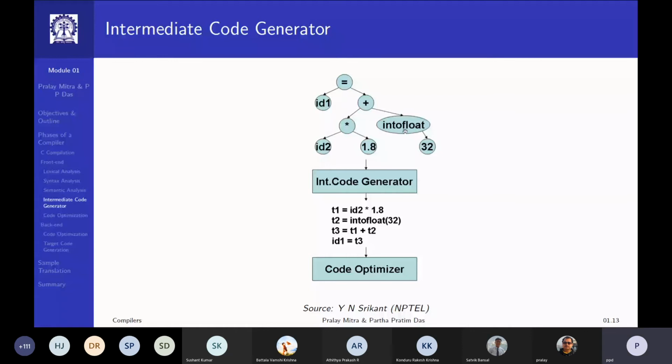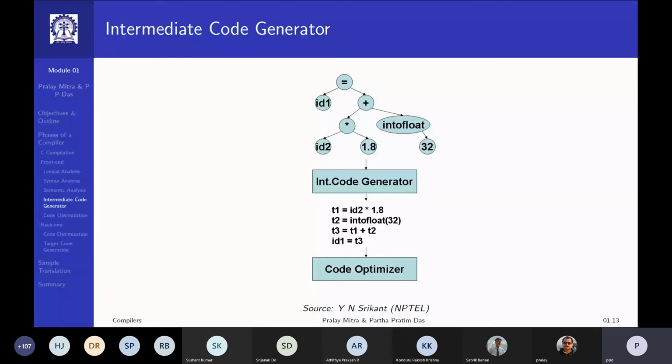And now it would have been very easy to write by hand, I know. But here, the whole thing is going through a very structured, correctness-preserving process. So the original expression of ID1 assigned ID2 times 1.8 plus ID3, or even the original Fahrenheit assigned centigrade times 1.8 plus 32, is now converted into this sequence of four 3-address statements. Now the question is, is it optimal, or can I do something better? Do I really need 3 temporaries? The answer is obviously no.